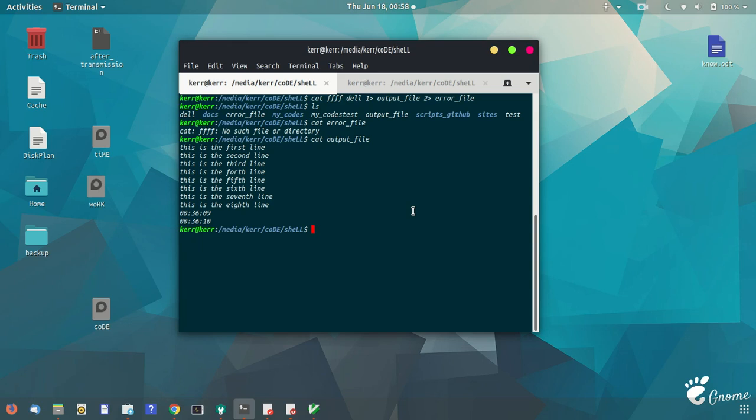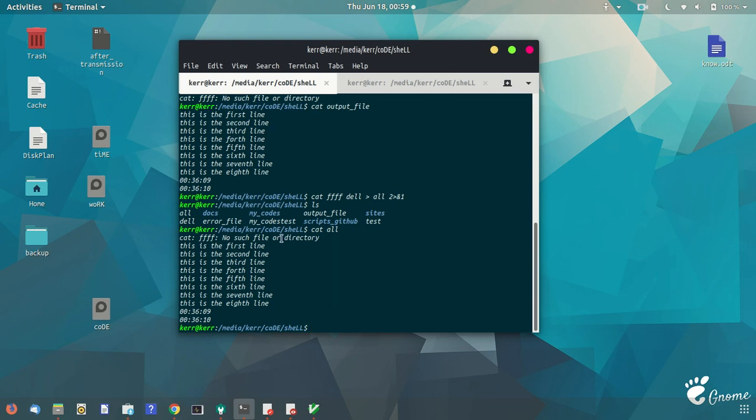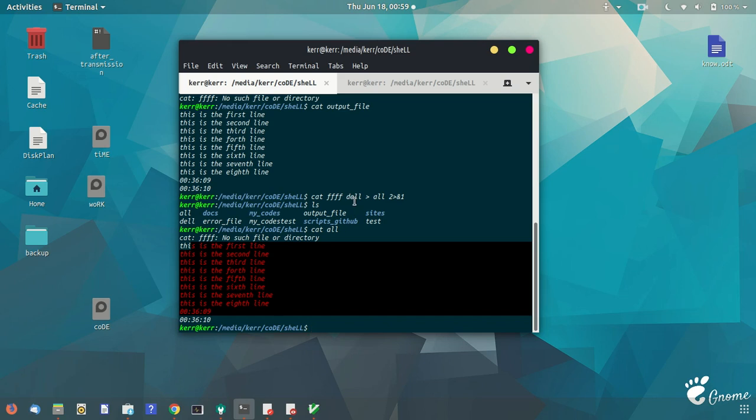Now you can print the errors as well as the output to a particular file by using this command that I have also shown you earlier. Let's say you want to print everything in the all file. You just have to redirect the output, and you have to redirect the errors to the output as well. If you open this all file, you have the error that is being generated as well as the output that is being generated by this cat del command.